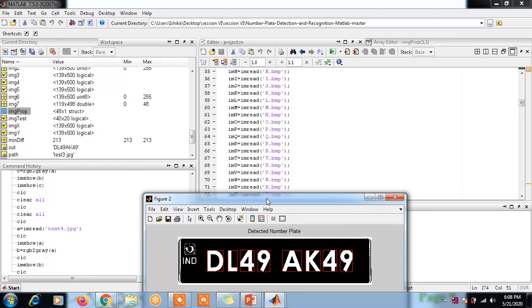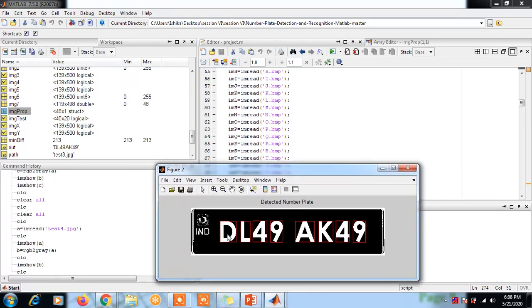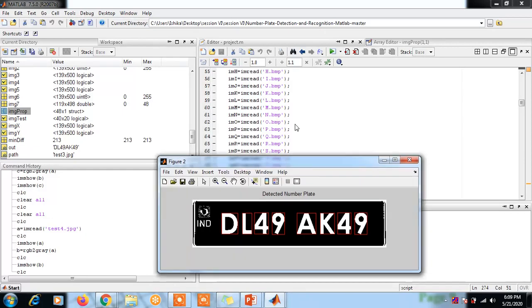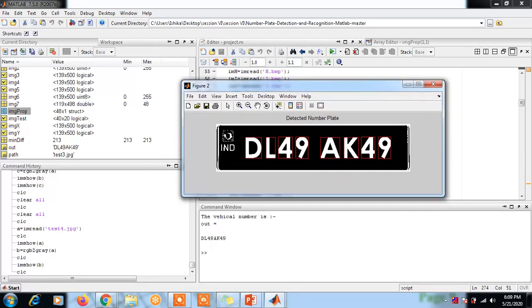First it will compare this letter D with our existing letter D. If it matches, it will enter the character as D. Then it will compare the next letter to our pre-existing letters and so on.